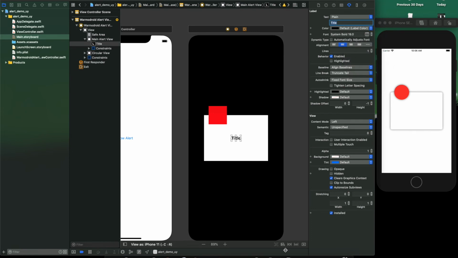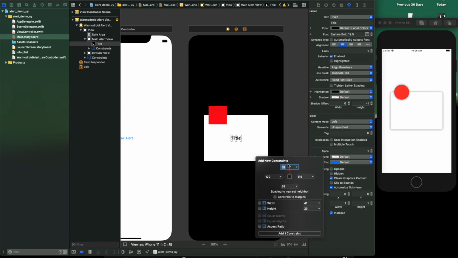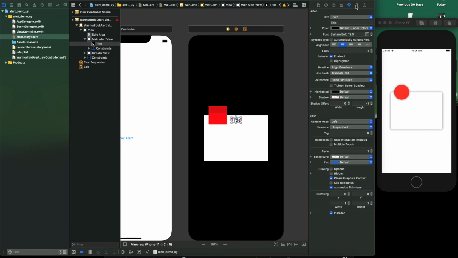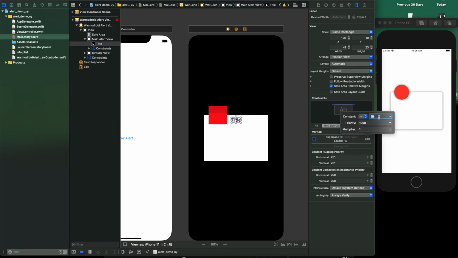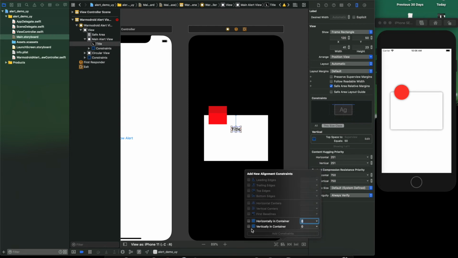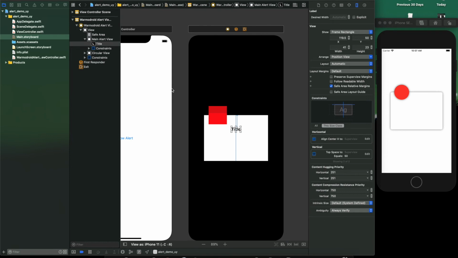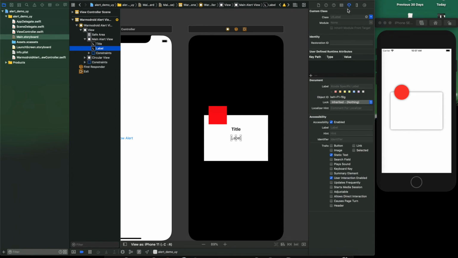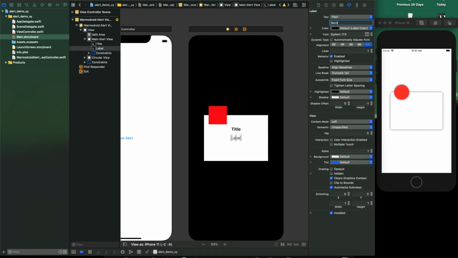Okay, now let's give the constraint. This can be the secondary label.